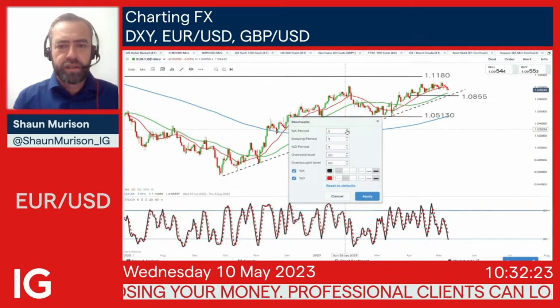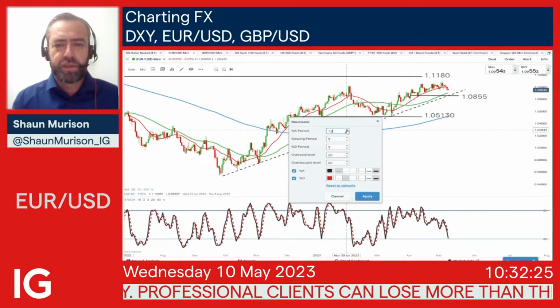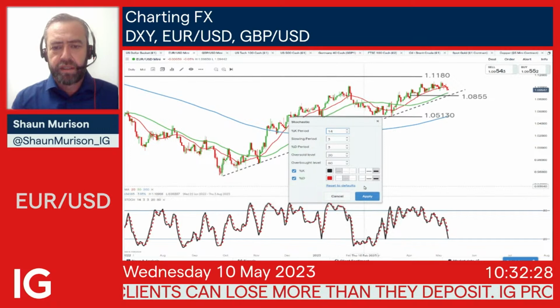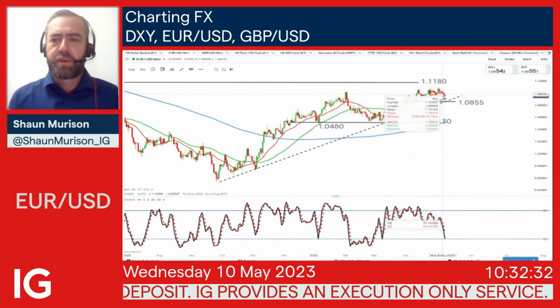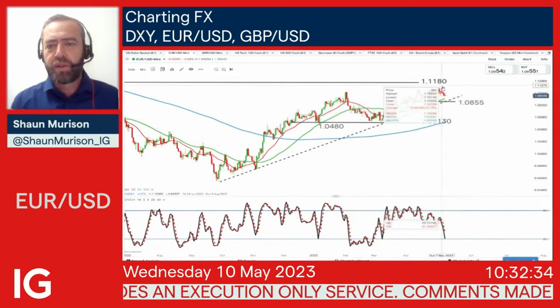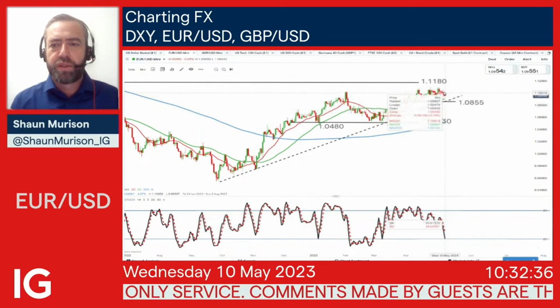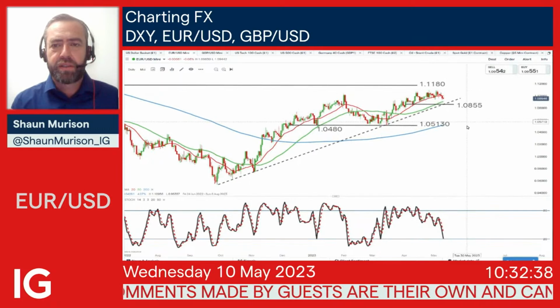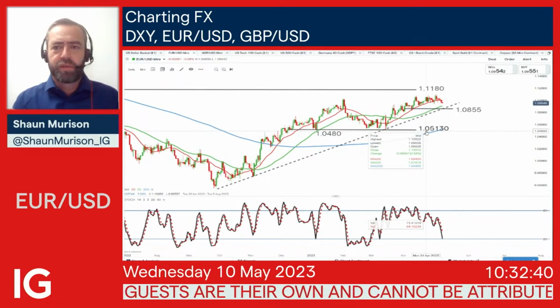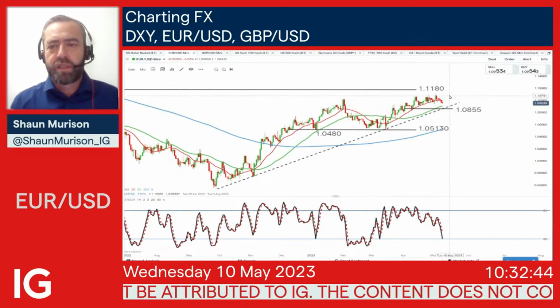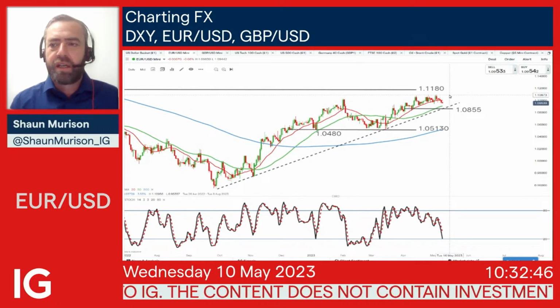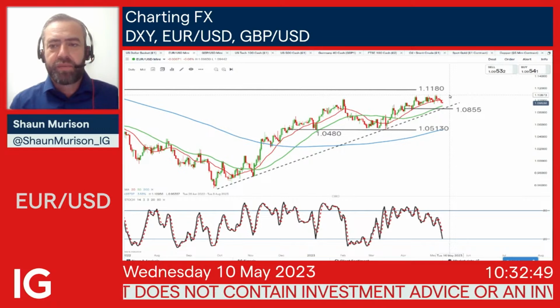Just correcting that stochastic to the default, which usually uses about 14 on that. So we have had a bit of a correction from overbought territory, and that's through that sideways consolidation. So we want to see this move lower end with some type of bullish reversal. Price just ticking back, saying that this correction, whether it's a sideways correction or a bit of a pullback, has ended, in which case we'll start targeting back towards this hard 1.10, 1.1087, and then through there